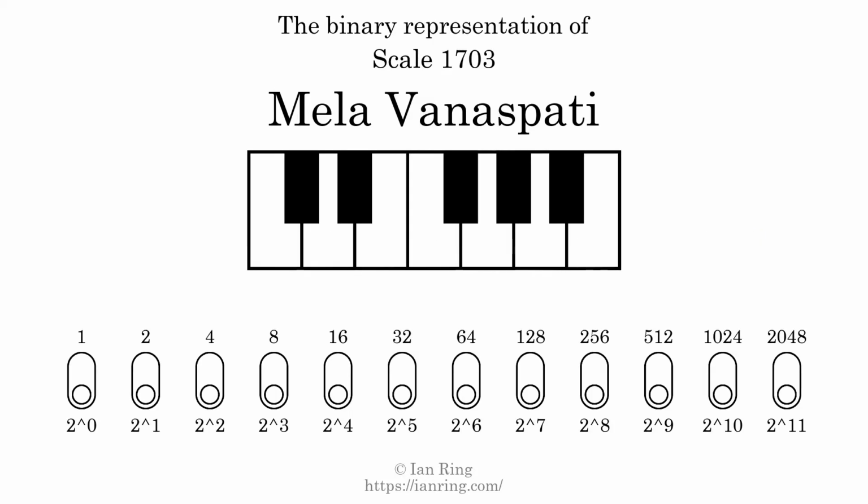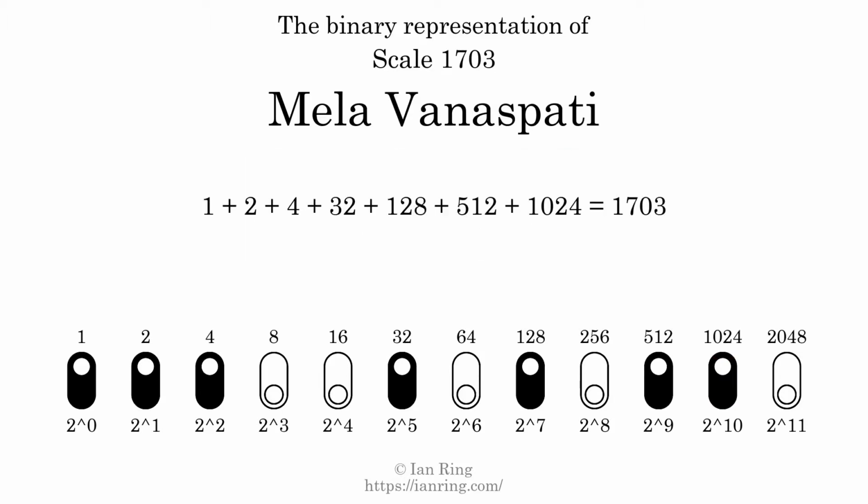The binary representation of this scale is determined by mapping tones of the scale to binary digits. Each binary digit represents a power of 2. To get the scale number, we add the powers of 2 together. The powers of 2 that are present in the scale, all added together, equals 1703. That is why the scale number, in decimal, is